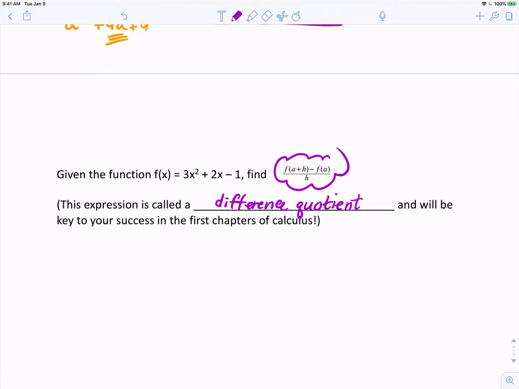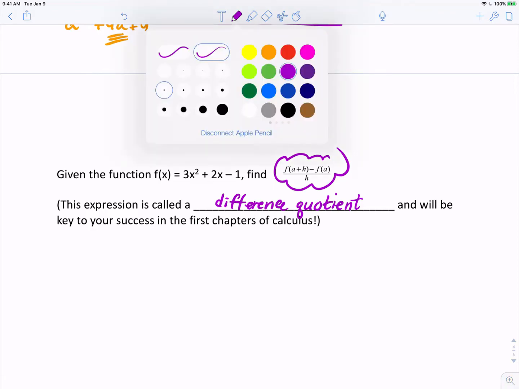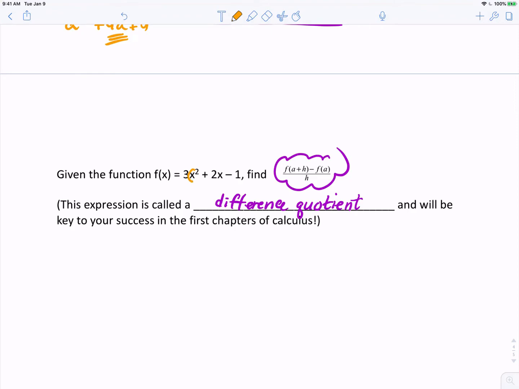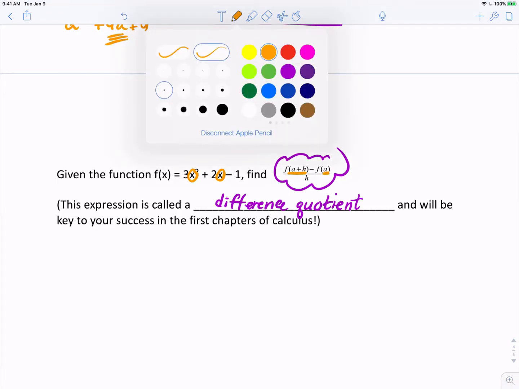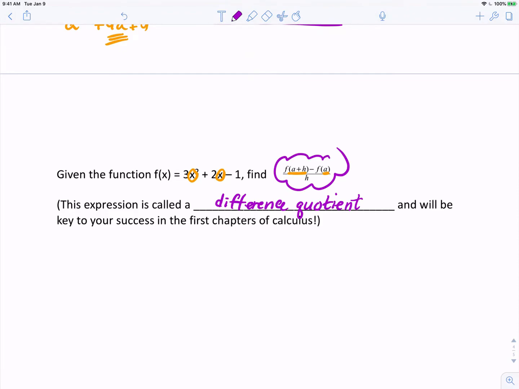All right, so just like before, wherever we see the input value x, we're going to replace it first with a plus h, then with a, and simplify. So let's start with f of a plus h. Now there's going to be a lot of algebra going on, so I'm going to take this in several pieces. First, let's just evaluate f of a plus h. Well, that's going to be 3 times a plus h squared plus 2 times a plus h